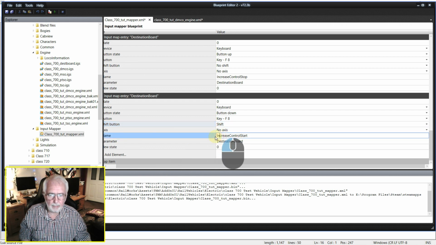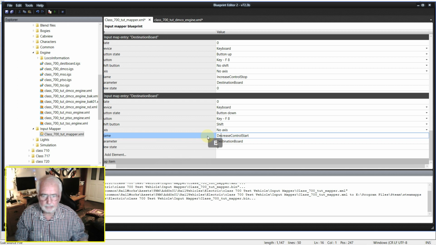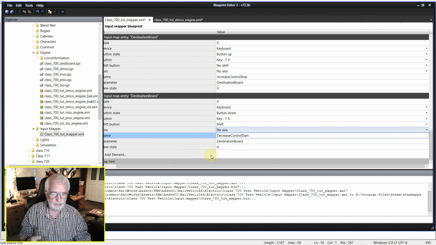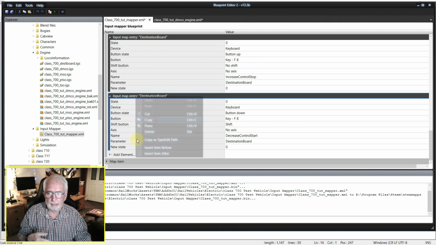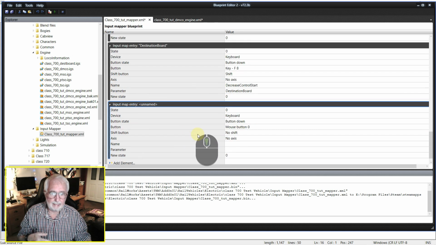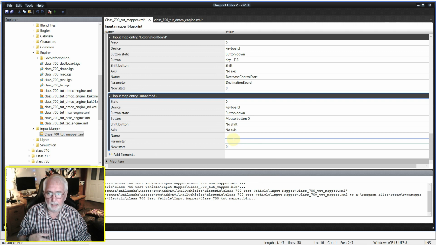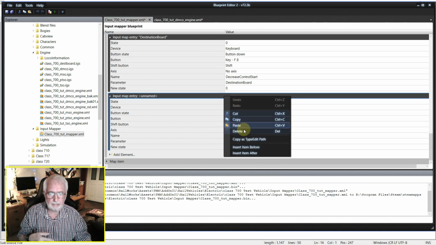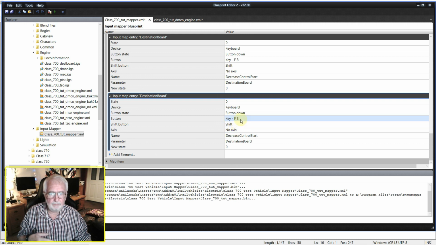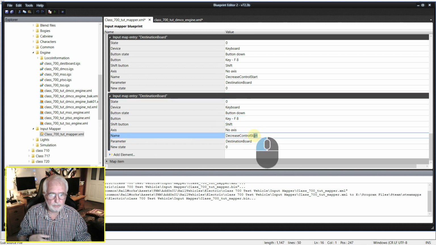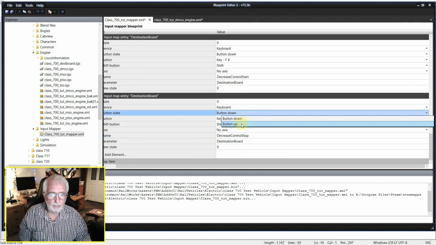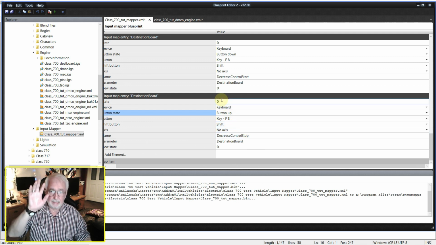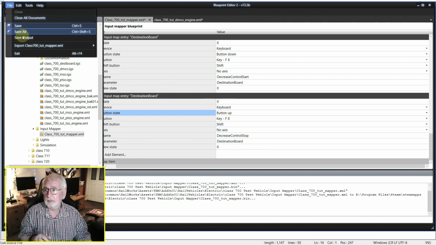So this now then wants to be decrease. Okay. So it's decrease control start. All still destination board. Okay. And now let's copy that. And last entry, now we need to tell it to stop. Okay. Oh, I should have copied them, but did I paste? There we go. Shift F8, and this wants to be stop. Okay, stop, and the button when you release the button. Okay, so that's our 4 entries now in the Remapper